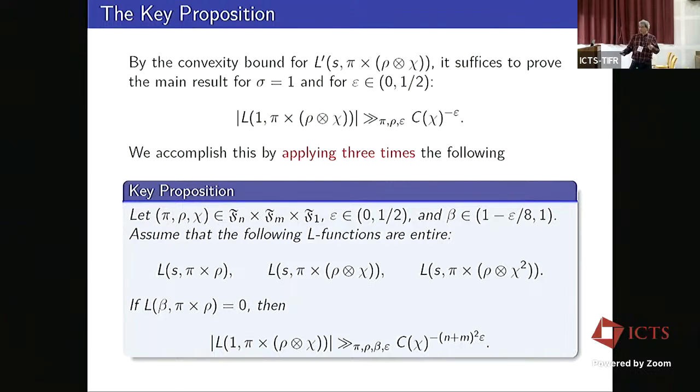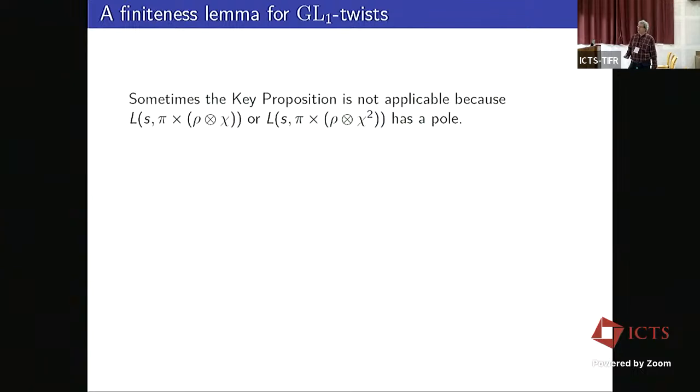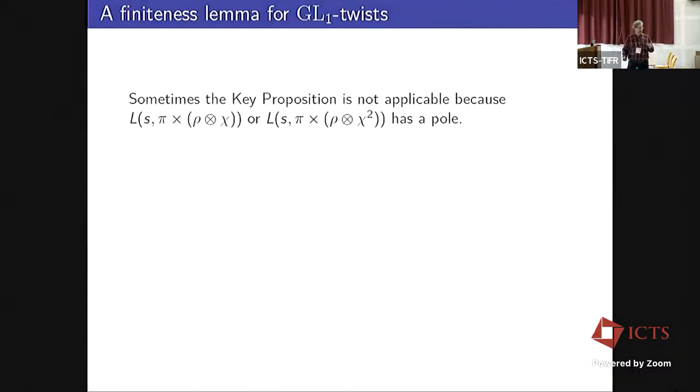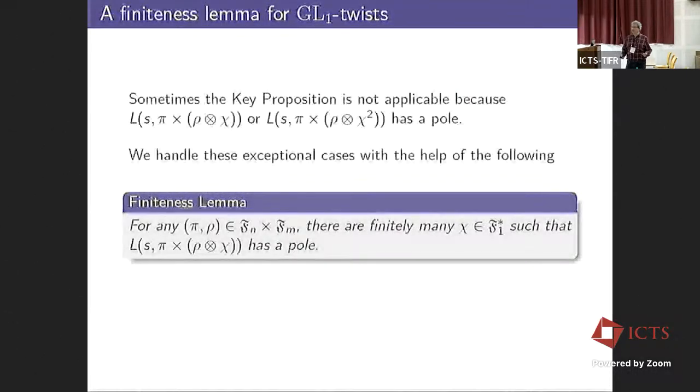But this key proposition, the way we prove it, only works when not only the chi-twist, but also the chi-square twist is entire. And we have to worry about the cases when they are not entire, because in that case the key proposition doesn't work. Sometimes the key proposition is not applicable because the middle guy or the right-hand guy, the chi-twist and the chi-square twist, does have a pole. These exceptional cases we can handle with the help of a finiteness lemma that's very well known in automorphic representation theory,